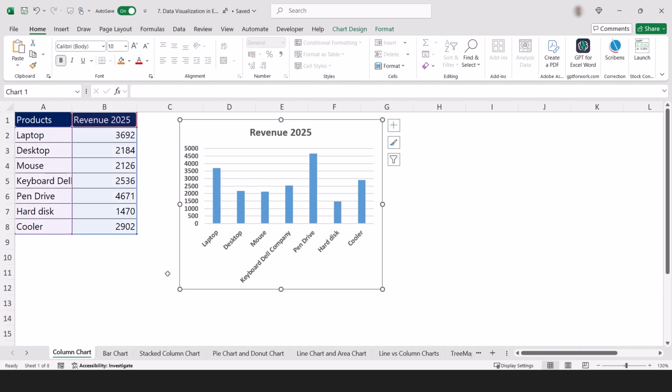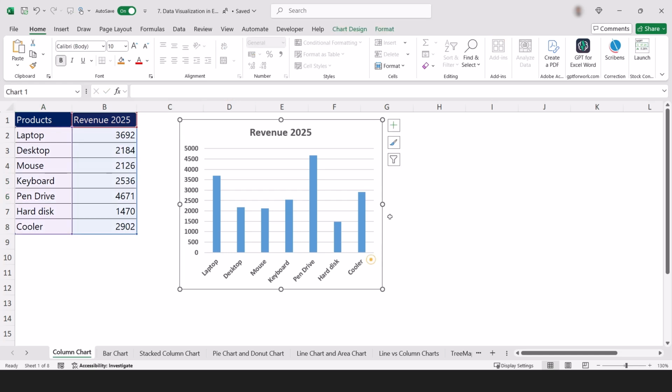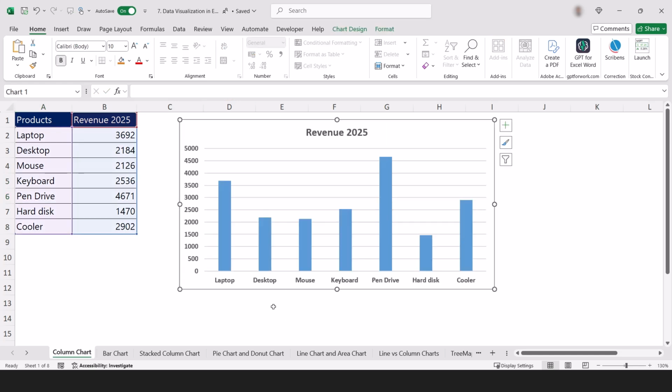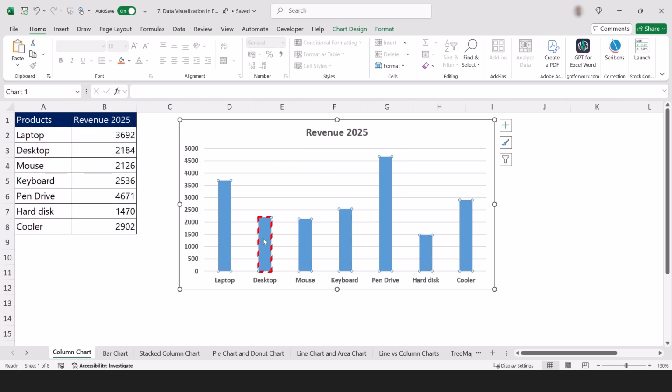That's very simple. Now, after doing this, let's try to understand how we modify or customize the chart. So let us try to increase the size here. If you see at the back end, these are the grid lines, which are horizontal lines. These are the vertical bars. This is the x-axis. This is the y-axis. That's the title of that particular chart.